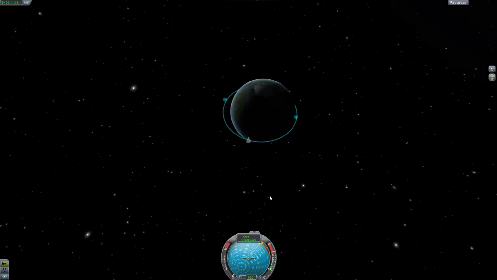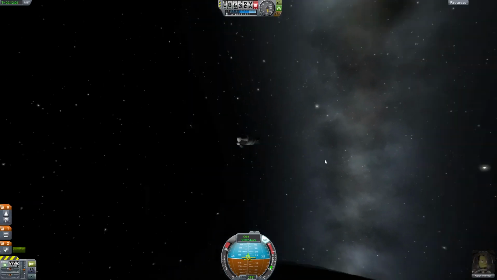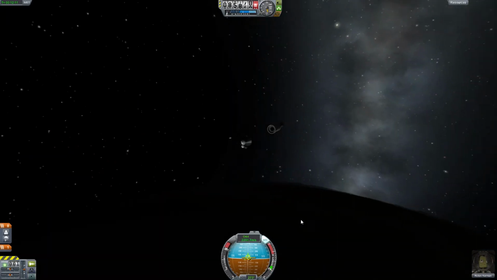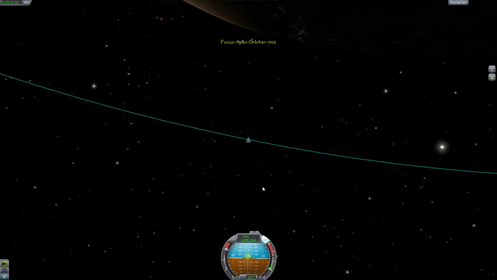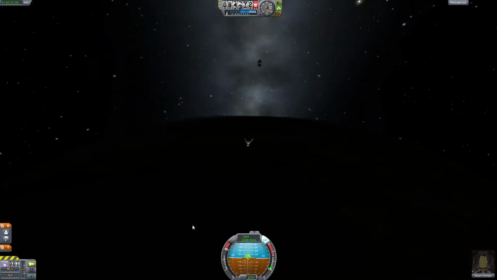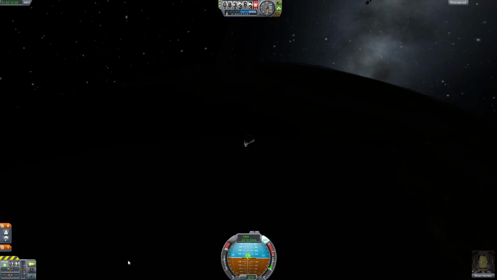What I'm going to do, though, is point at the retrograde vector and just bring us in that little bit closer. There we go. We are now out of fuel, and we can also ditch that stage, which is going to come crashing down as well. We will lose the debris. It will get a bit of a head start on us, but